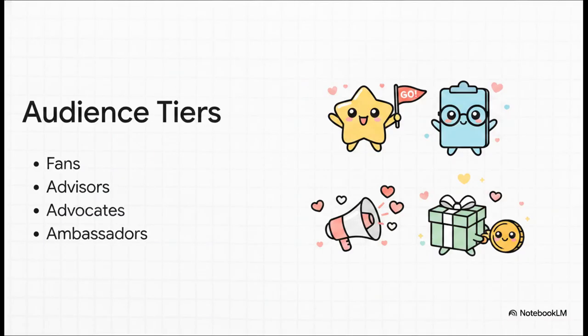According to our sources, you can take relationship marketing to its absolute maximum just by segmenting your growing audience into distinct tiers. First up, you have your fans, who you reward for buying more often. Then you've got advisors, the folks who write reviews to actively build your online reputation. Next are your advocates. They're the ones out there sharing your deals on their own social networks. And finally, ambassadors, who refer their friends using two-way coupons for mutual rewards. Every single tier serves a highly specific, totally unique role in accelerating your organic growth.